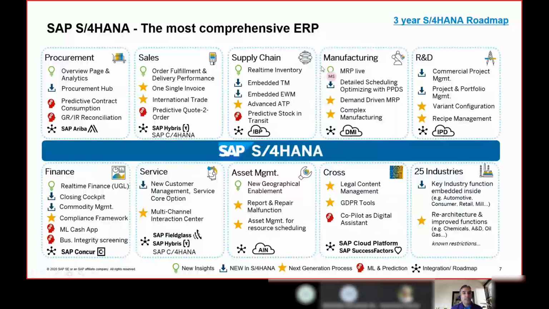Now, this is not limited to only LOBs, but also from an industry point of view, the scenarios and innovations have been delivered across these 25 industries as well. So this makes the customer's life easy, where we are trying to use the best of breed solutions, like SAP Ariba, which is a cloud solution, or IBP, which is strongly integrated with the core scenarios of core S4HANA, and on top of it, leveraging the new technologies like machine learning or RPA.